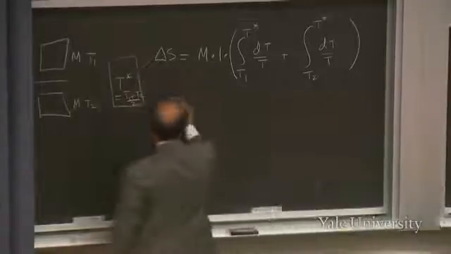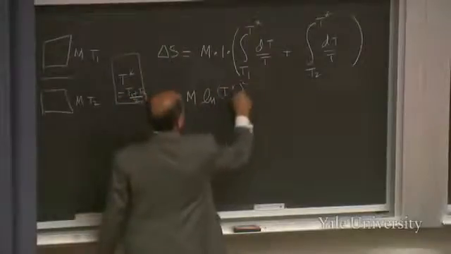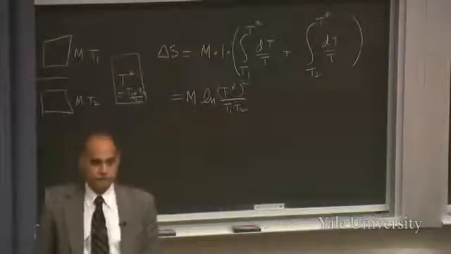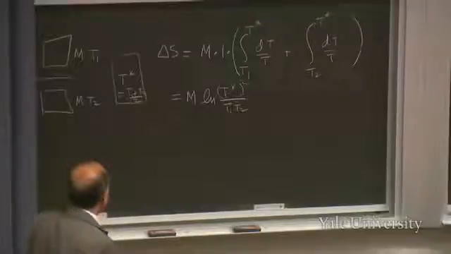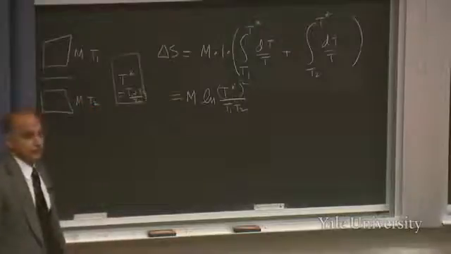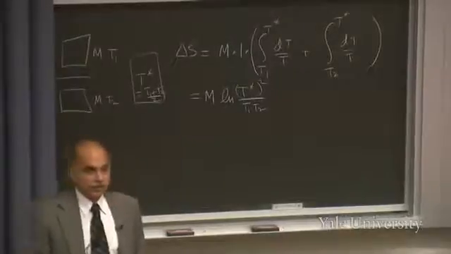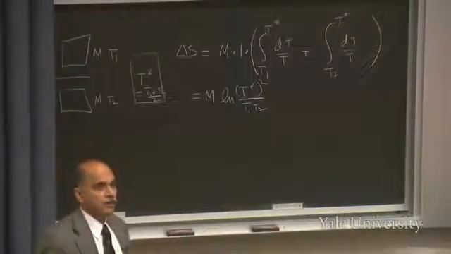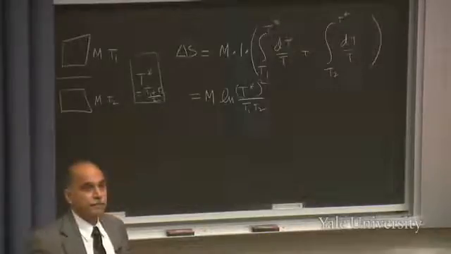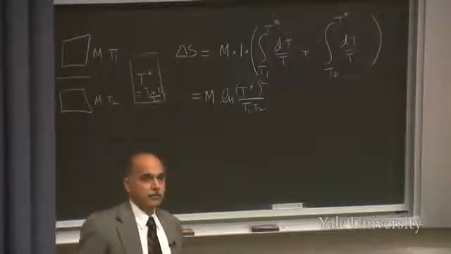So the change in entropy becomes m log T star squared over T1 T2. Now we have to ask, okay, you got an entropy change from start to finish, but how do you know it's positive? Can anybody give some reason why this has to be positive without looking into properties of logarithms and so on? Any reason why? Yes? T star is the arithmetic mean of positive T1 and T2, and that should be